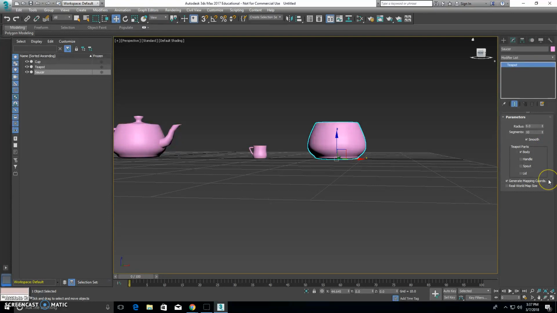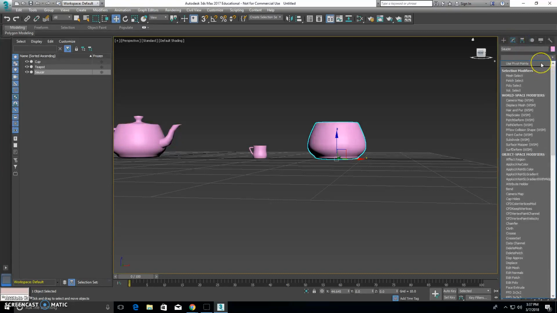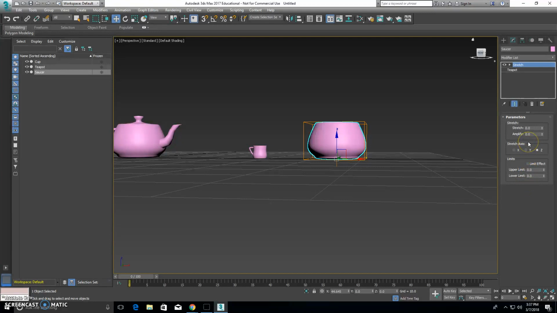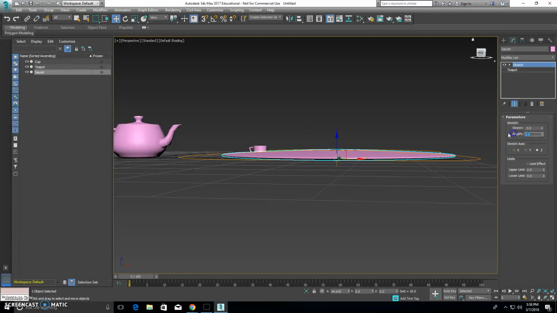So what we're going to do is add the stretch modifier again. So I'm going to go to my modifiers list here, find the stretch again. So stretch, there it is. And so I'm putting a stretch on it. And this stretch, let me just see what numbers I found. So this time we're going to go -3. I'm just going to type them in. And, ooh, it looks nice there. And on here, the amplify, -20. Okay. And we're also going to add a